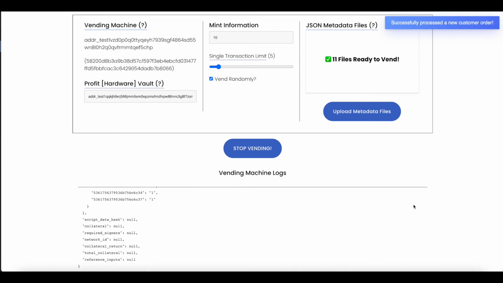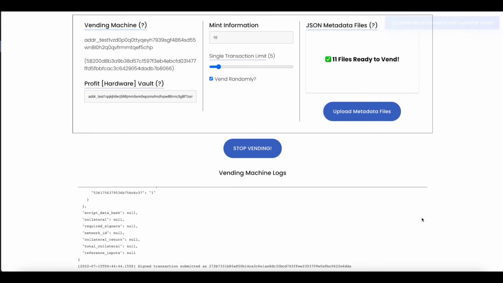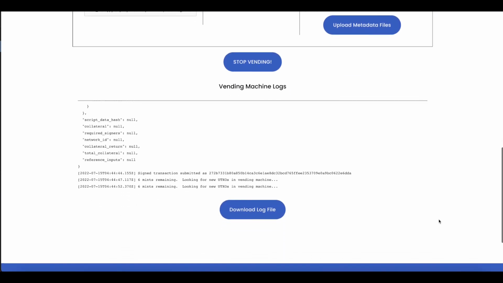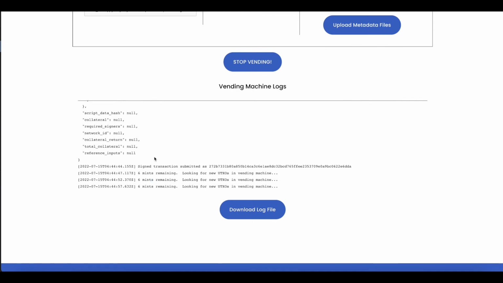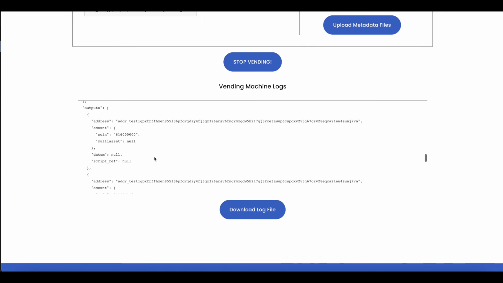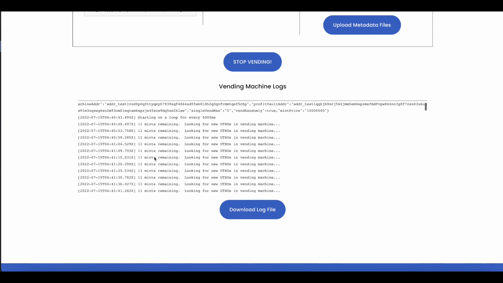Okay, so I've skipped ahead a couple minutes here, and you can see that the vending machine was going burr a little bit. And what happened was we just successfully processed an order. So there's good news, which is there are 6 mints remaining since we started with 11. 11 minus 5 is 6. So that's promising. So I just want to scroll up in the logs to show you a little bit about